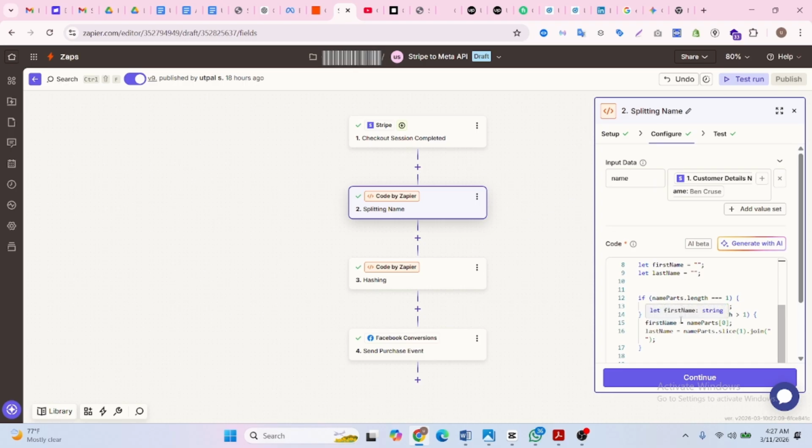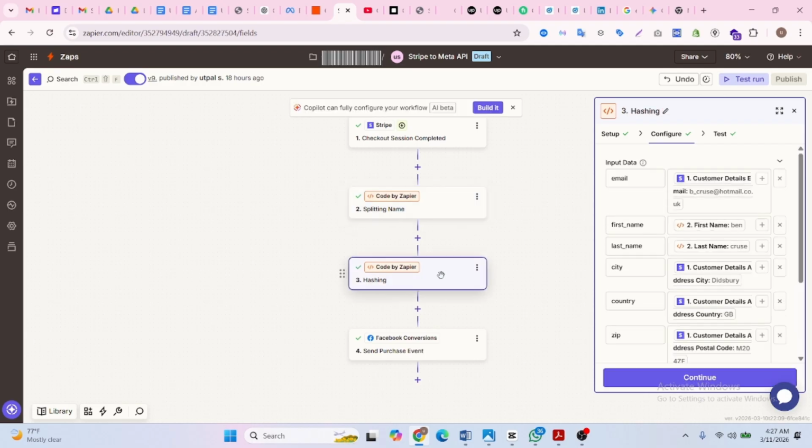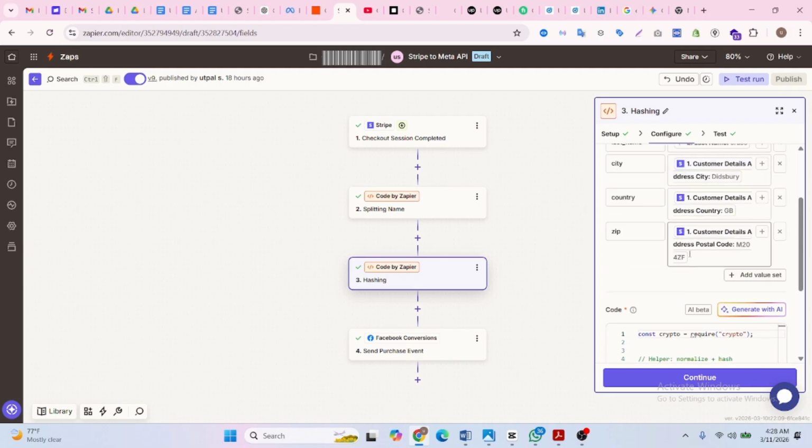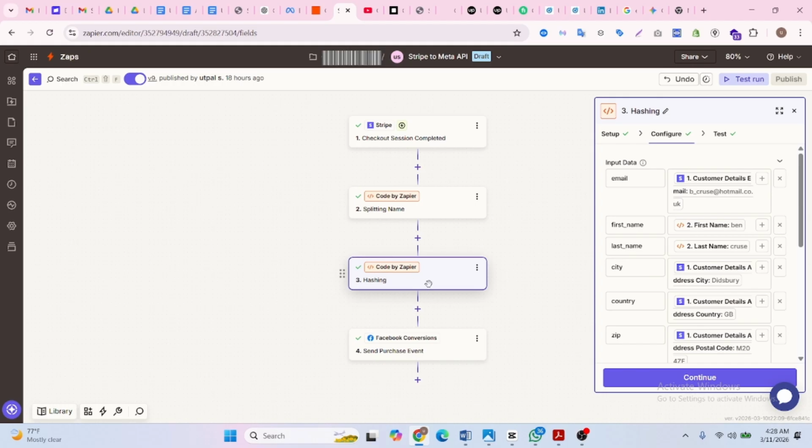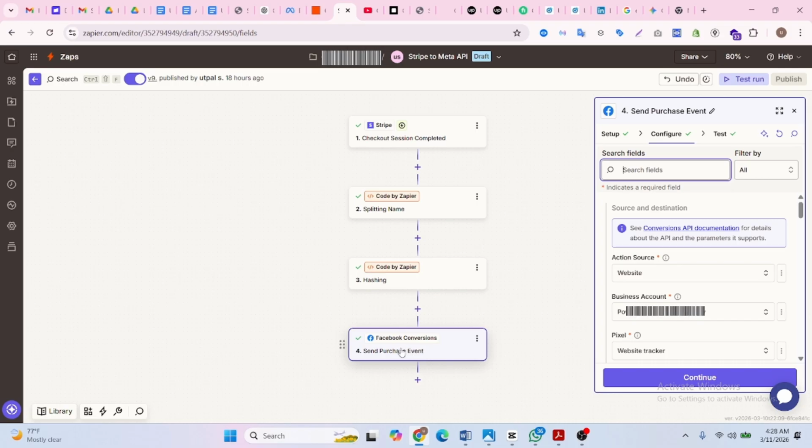By this code, I have just got the first name and last name, and then I had to use this code. We know that Meta doesn't receive any raw user data, so to send user data, we have to hash it. This email is user data, and this first name, last name. So I just hashed them with this code, and then in this Facebook Conversions API,